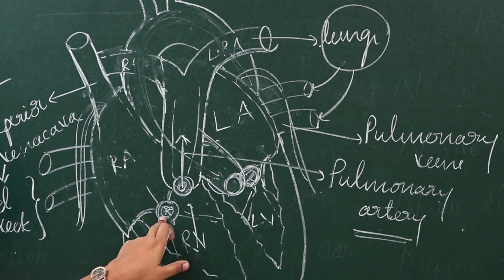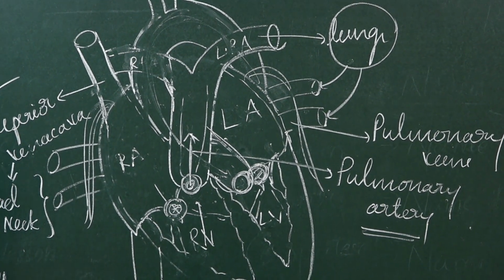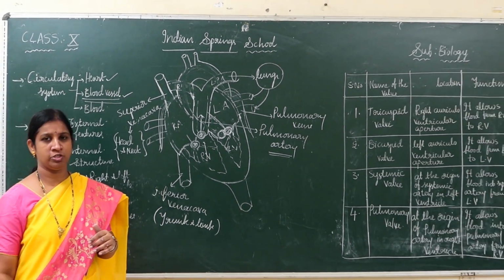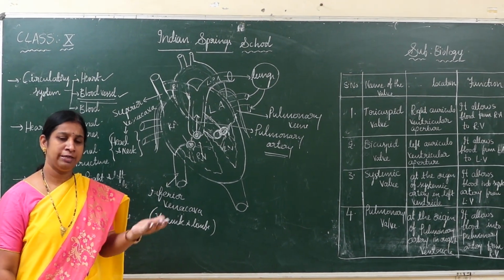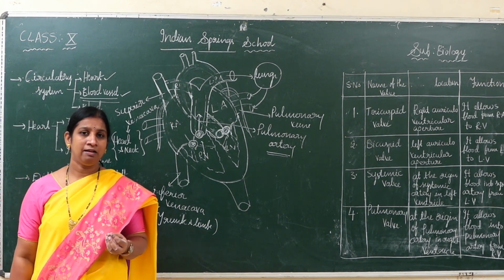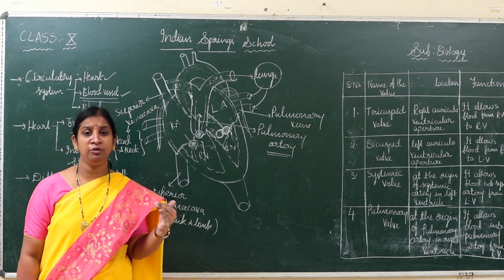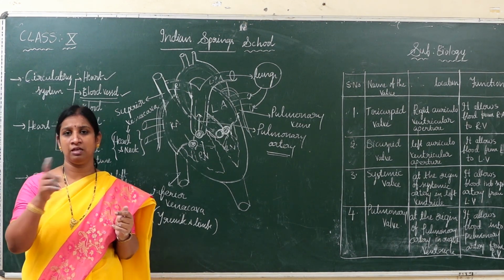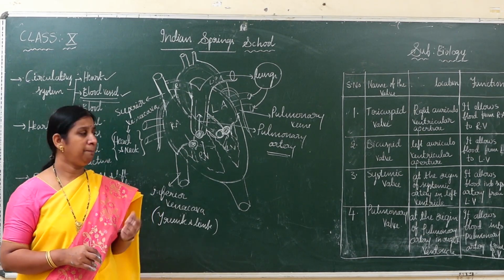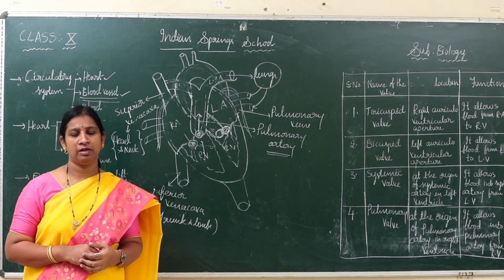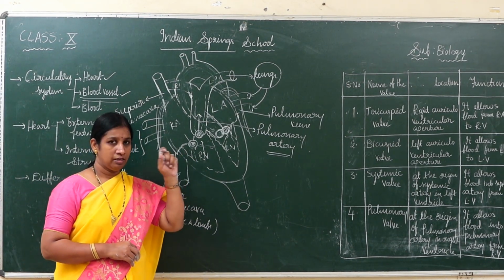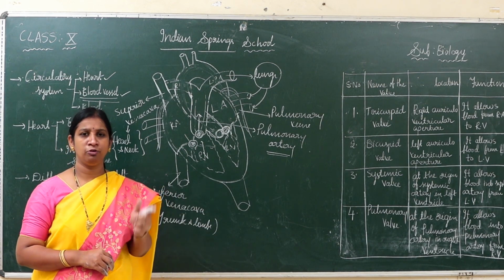So in this way the valves play a very important role in flowing blood from one chamber to another chamber, or from one chamber to the different blood vessels. Another important function of the valve is that valves are useful to flow the blood in a unidirectional manner. Uni means single. It won't allow the blood to move backwards, or it prevents the backward flow of the blood. Remember, that is one of the important functions of the valve. What will the valve do? It prevents the backward flow of the blood.